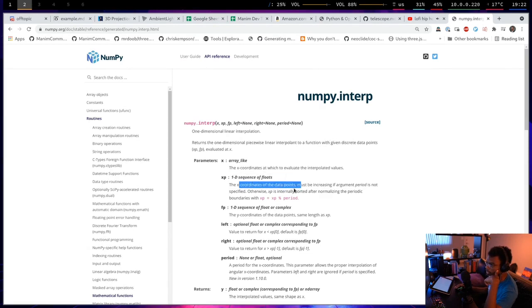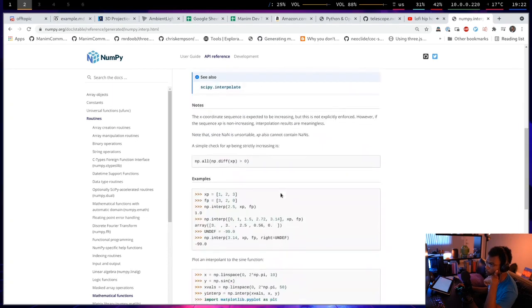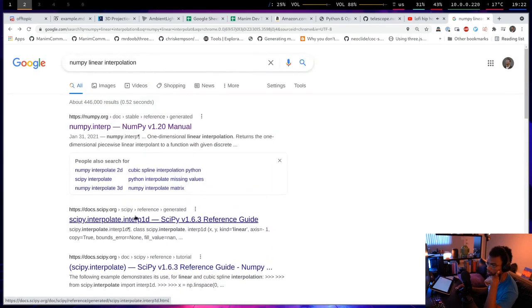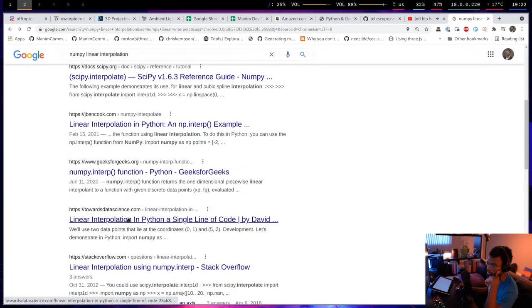X, then you have these floats, then you have these floats. Okay, anyway, this isn't what I was looking for. Here's interpolate, interp1d. Oh, this interpolates with given discrete